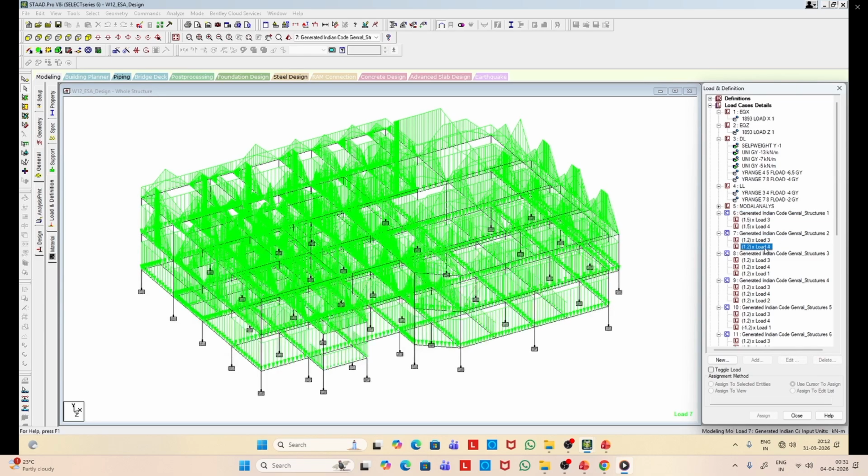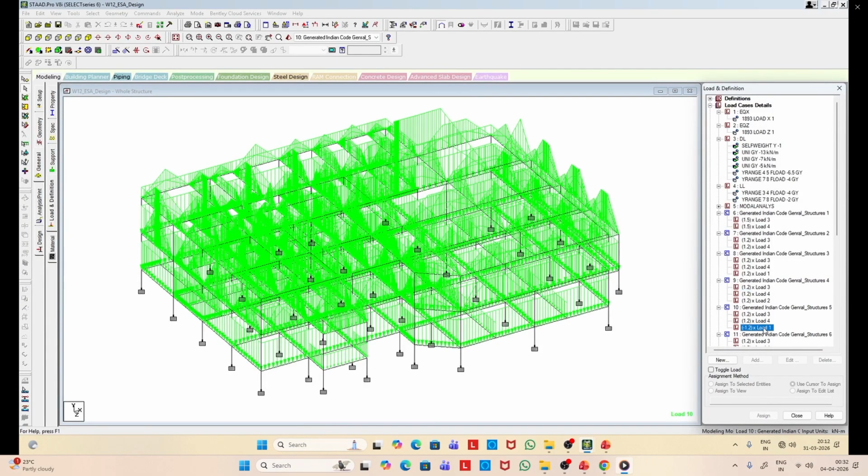So as you can see, load case 3 and 4 corresponding to dead load and live load. So under the load case number 7, it has a factor of 1.2 and 1.2. Likewise, if we have load case 1 along with 3 and 4, in load case number 8, we have different load factors.